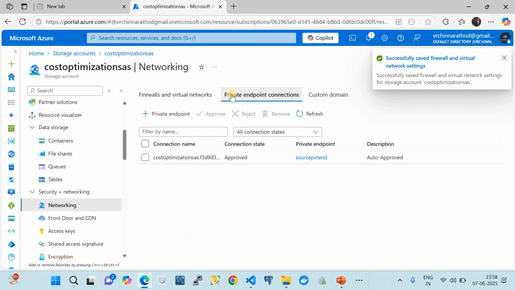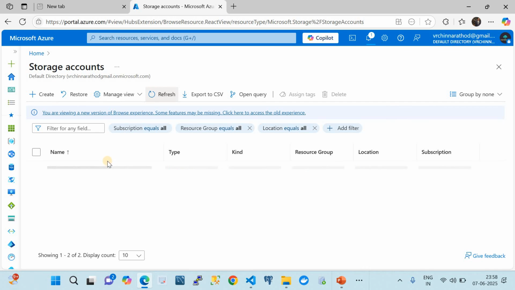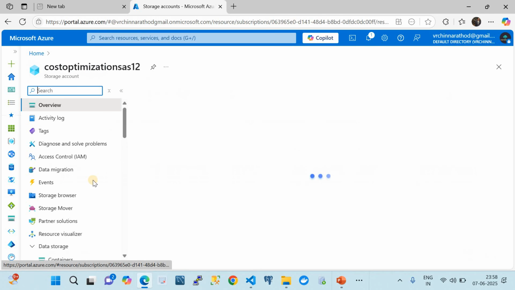So right now we enable the firewall, or basically disable the public network access. So the one I'm accessing from the browser is public network access. Okay, let's go back again and refresh it now, and similarly we do for the